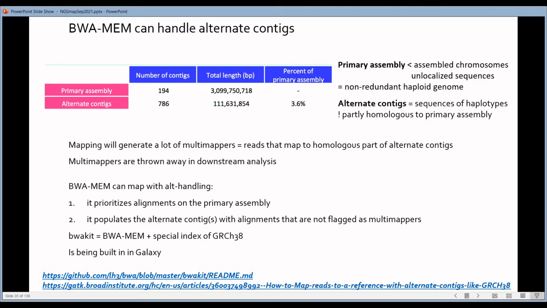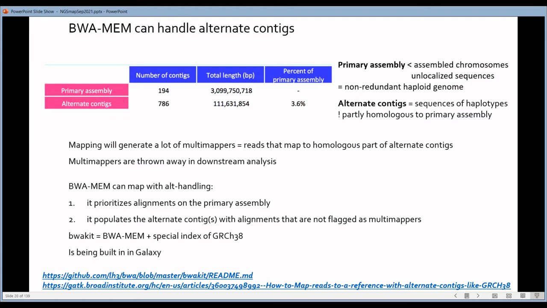So when you have reads that map to the part that is the same, these reads will be considered multi-mappers because they will map to a sequence in the primary assembly, and they will also map to sequences in these alternate contigs. So that's multiple mapping locations, so it's a multi-mapper.